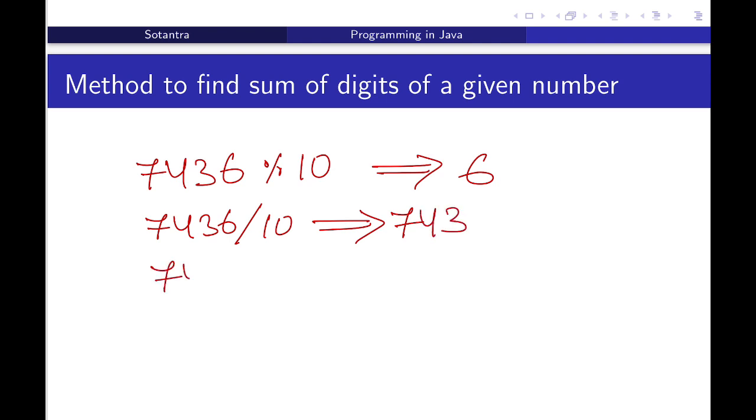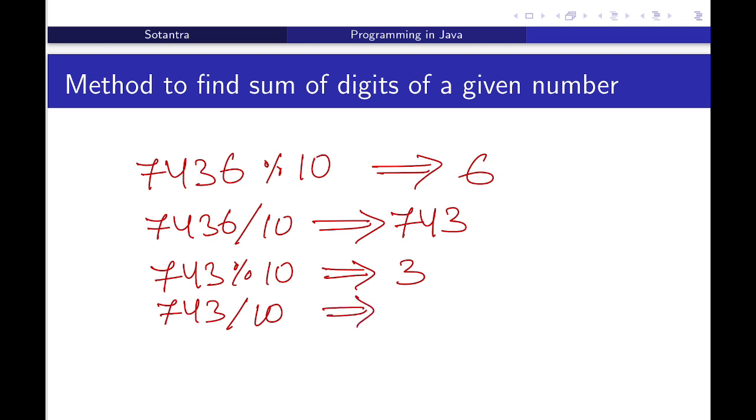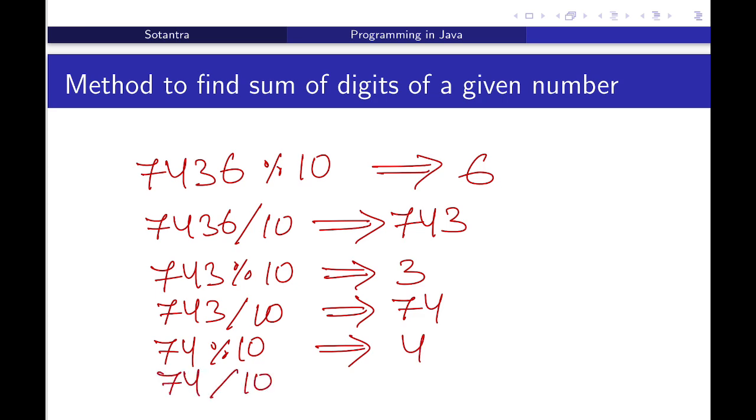Now again apply modular division 10 on 743, so we are going to get 3. Now again apply 743 division 10, so we can get 74.